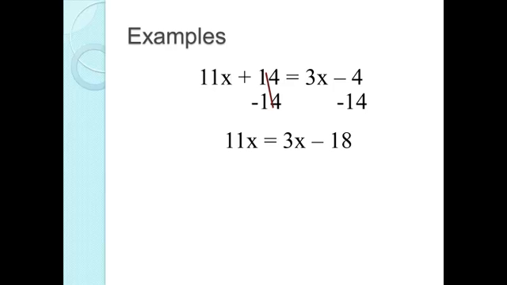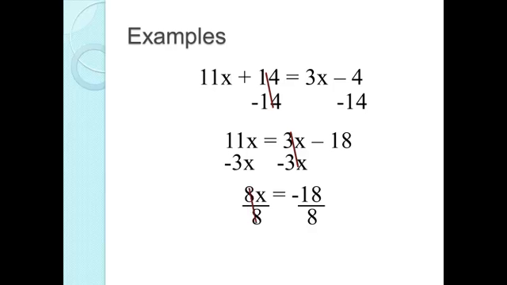Next, we will move all variable terms to the left hand side. We can move 3x by adding a negative 3x to both sides. 3x and negative 3x cancel, and 11 plus negative 3x gives us 8x. Finally, we can get rid of 8 by dividing by 8 on both sides. The 8's would then cancel,